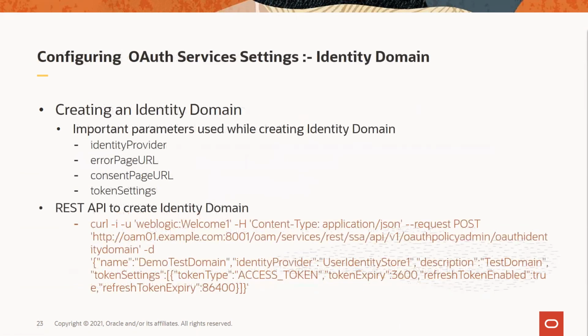Then the other parameters: because it is using OpenID and OAuth, along with the settings we have seen for the OpenID plugin and the user identification plugin, the relevant parameters of OAuth need you to create an identity domain, and this is a typical example of creating an identity domain. For more details, you can refer to the documentation or the earlier demo I mentioned, which explains creating these resources in the context of the OAuth and OpenID flow. And these are the standard parameters you need when you create a domain.